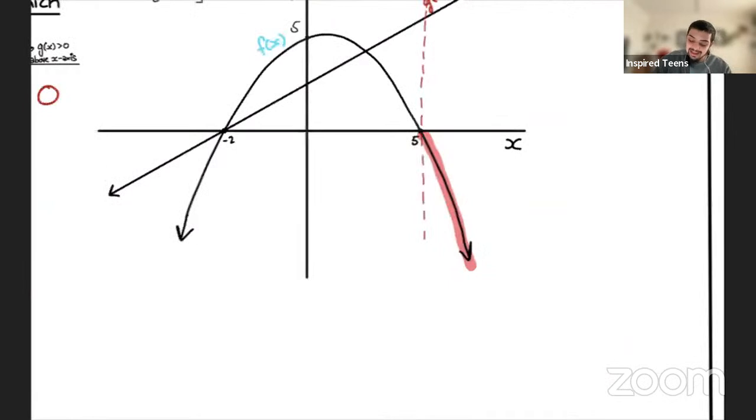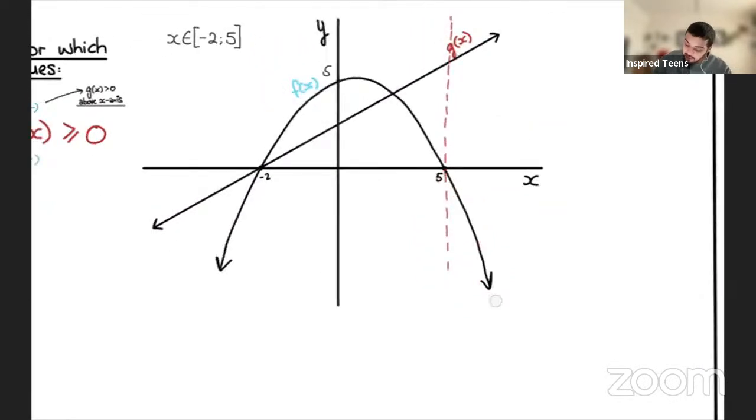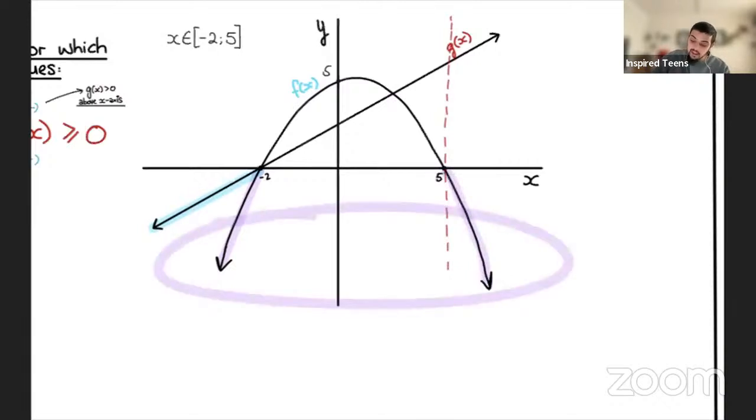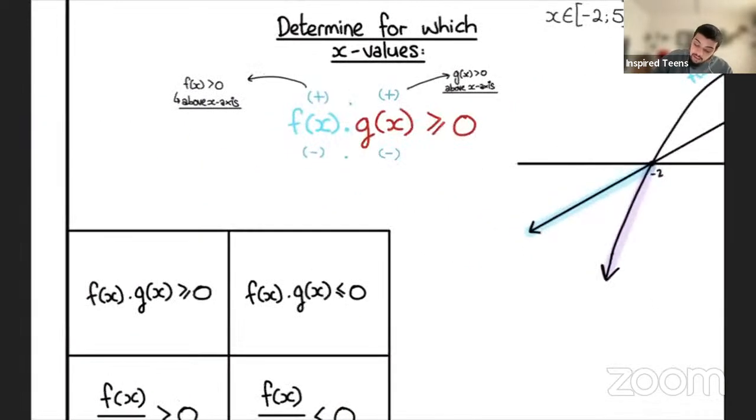You can highlight the part of the graph, like the first function, which is f of x. Here, f of x is below. And now we identify where g of x is below, and g of x is below here. Also, f of x is below here. So f of x is below for both these instances, but we need to identify the parts where f of x and g of x are below,